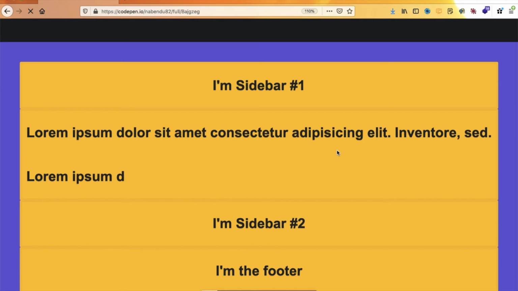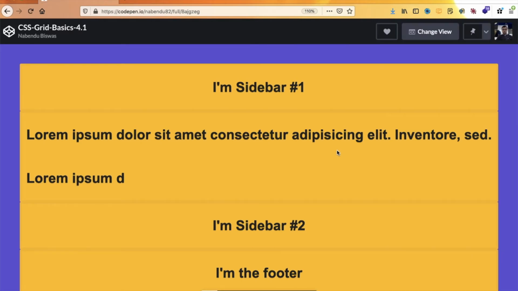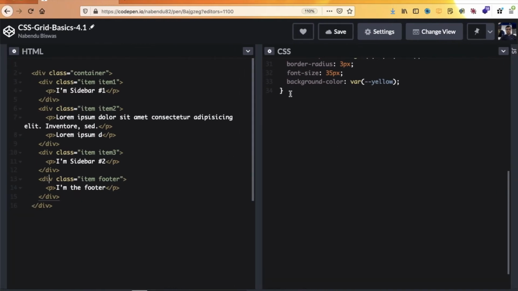Refresh it because I changed a bit. So this is like this. By default it will come like this because we didn't do anything. So the next thing we will do for this is, first